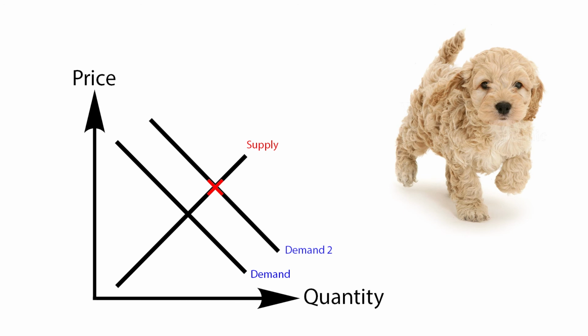And so what happened? Let's look at our diagram. What happens if we shift demand for puppies out? Like we say, demand for puppies went up. So let's shift demand out. What happens to that equilibrium that we said before is so important, so efficient? Look what happens. The price of puppies goes up and the quantity of puppies goes up. And so what you saw, maybe breeders started breeding more puppies, maybe people who were on the fence about puppies were selling puppies. Whatever happened, the price of puppies went up and so did the amount of puppies being bought